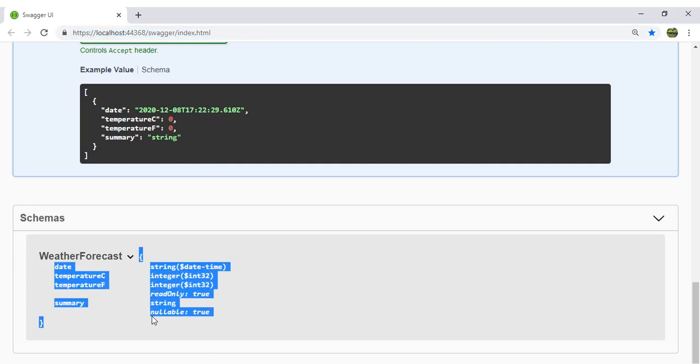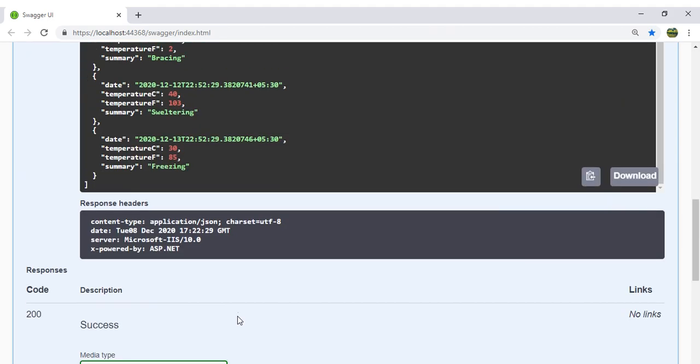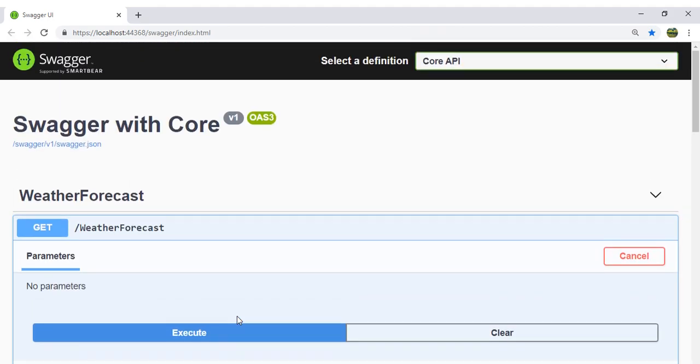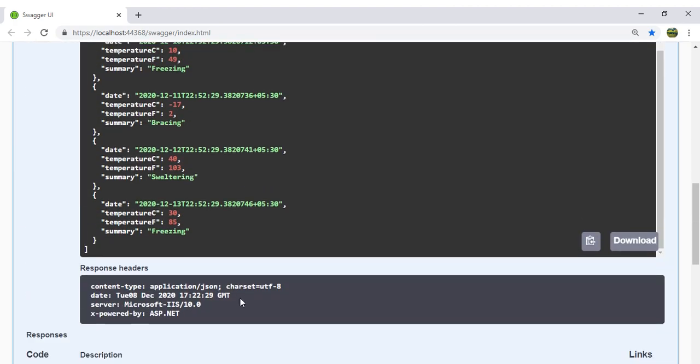Everything they come to know, and they know the data types of every field, so it is helpful for them to pass the request object or to cast the response they received from the service. So for everything it is very useful.